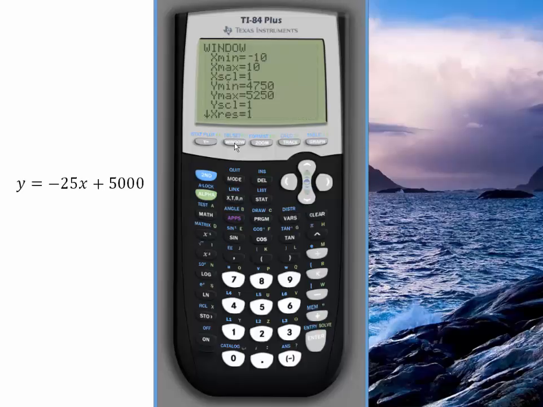We know the value of y is decreasing by 25 units for each value of x, and we know that the y-intercept is 5,000. If you solve for the 0, you'll find that the line intersects the x-axis when x is 200. So I'll leave the x minimum alone, but change the x maximum to something greater than 200, say 250. I don't change the scale, but I will change the y minimum to something below 0, perhaps negative 200. The y max is already greater than the y-intercept,